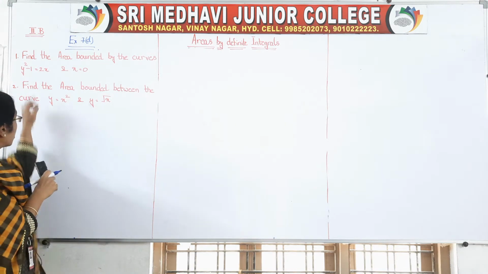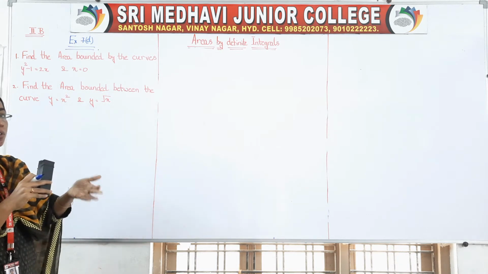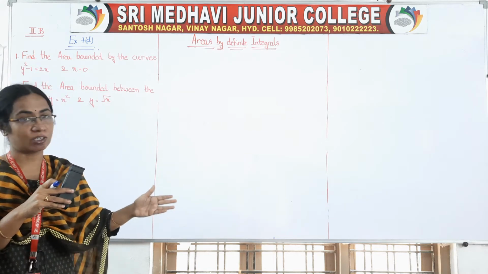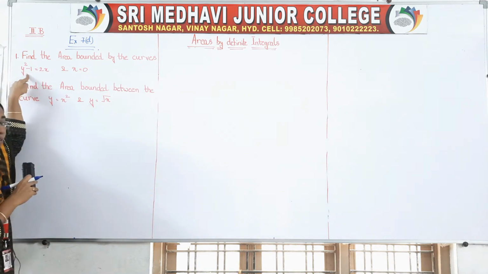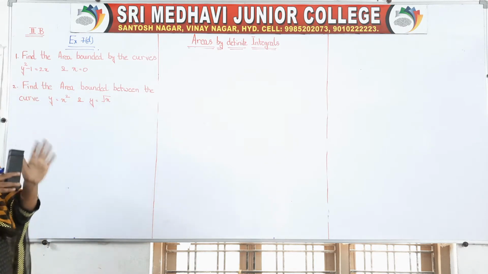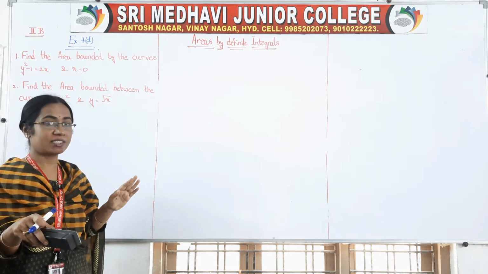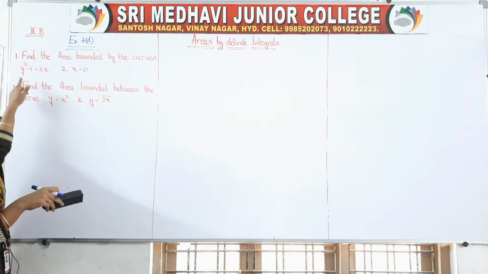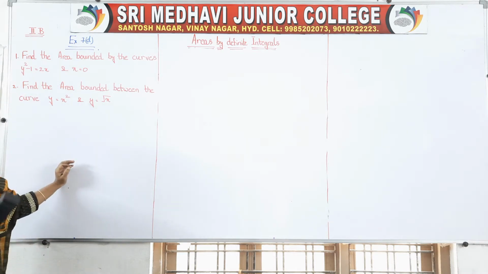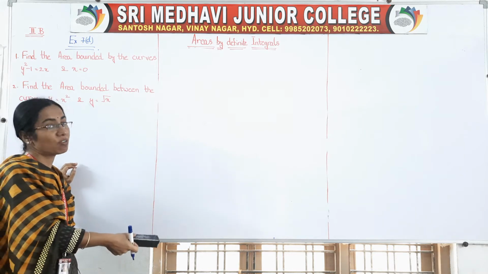So one curve equation is given to us and the y axis is given to us. We have to find the area between the y axis and the curve, right? And observe the curve equation now is given in terms of y. Generally the equation will be given as y is equal to something in terms of x, isn't it? But here the curve equation is given in terms of y. So we have to check whether the curve is on the right side of the y axis or the left side.